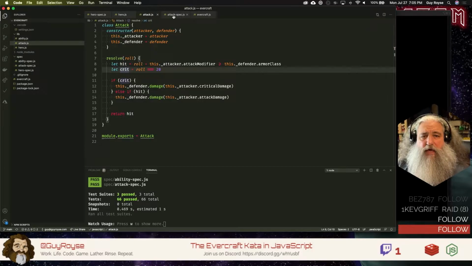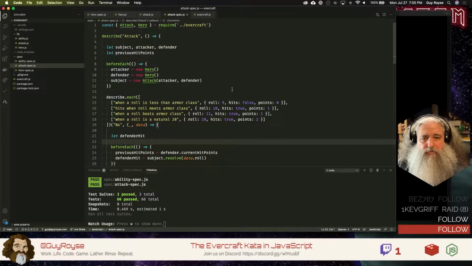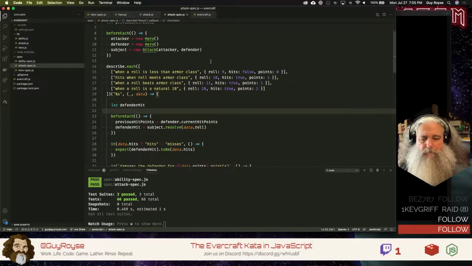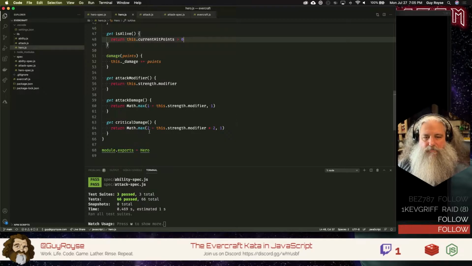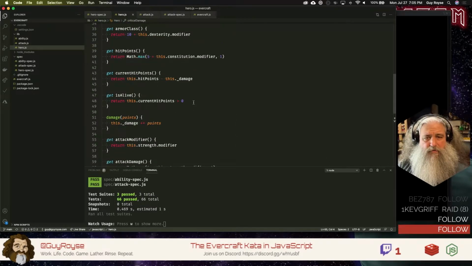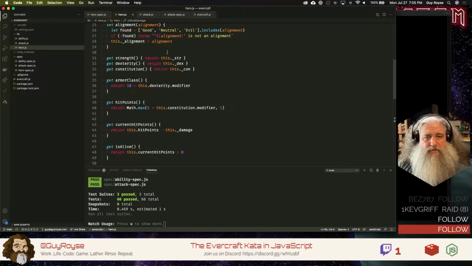So in the attack spec, I think that would belong in the attack spec. We'll need a way to add experience points to a hero and a way to query it. Let's code that up first. So let's go to hero spec